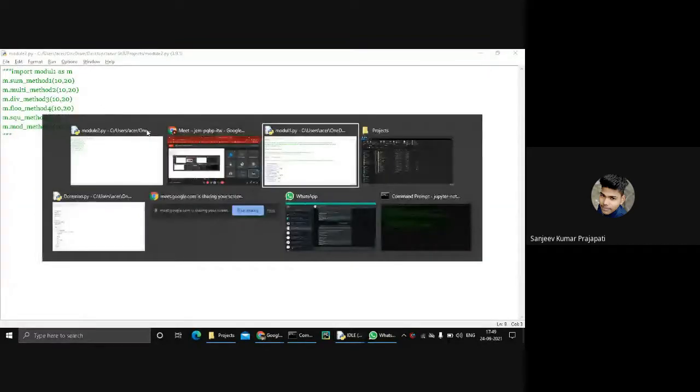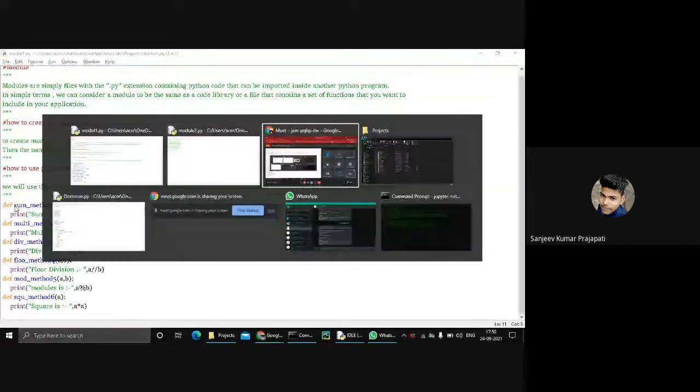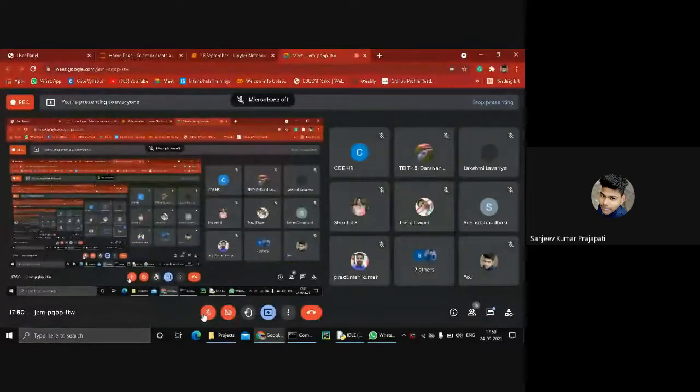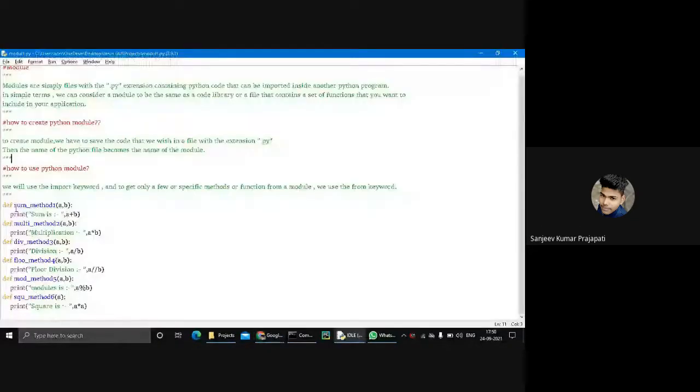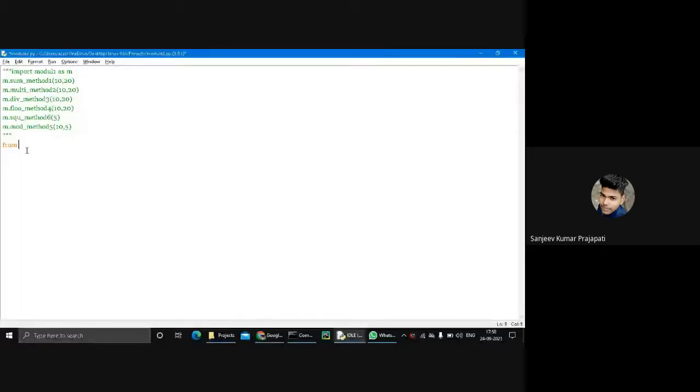Now in this module, I want to fetch only one method, only this method, sum method one. Use this syntax: from. From means we type a module name, so it's module1, and import.